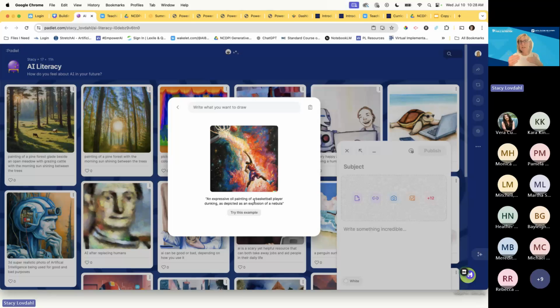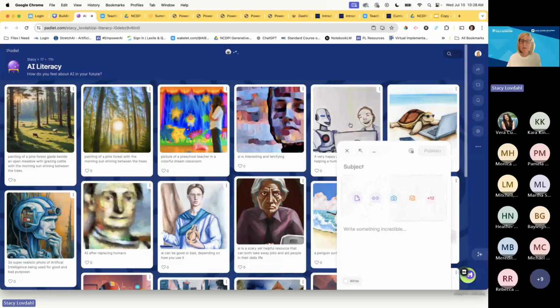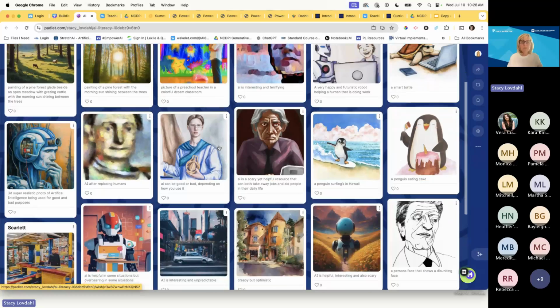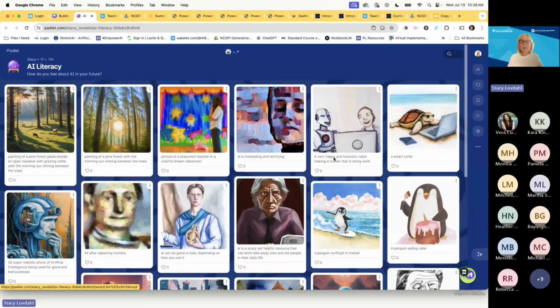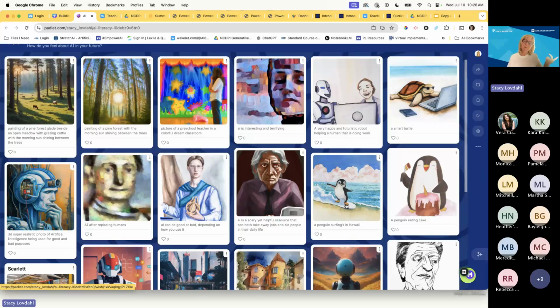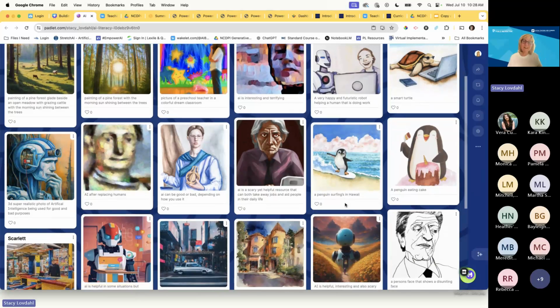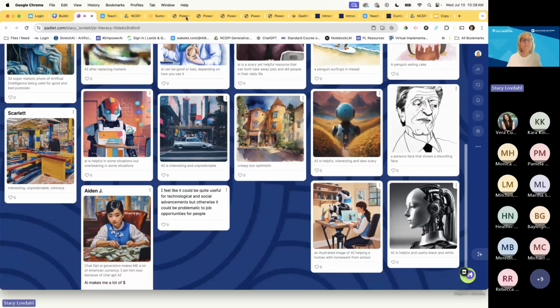So with this very first activity where they thought of what they wanted to say first, and then they go over to this AI image generator, they have learned a little bit about prompting and some prompting language, and then they tried to recreate what they had in their minds and to express something using an AI image generator. So they did that, and you can see some of the results here, and most of the results are pretty amazing. And then I let the penguins come in. Penguins probably have nothing to do with their feelings on AI and education, but they were cute penguins.